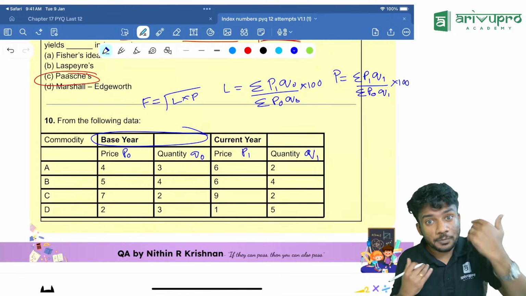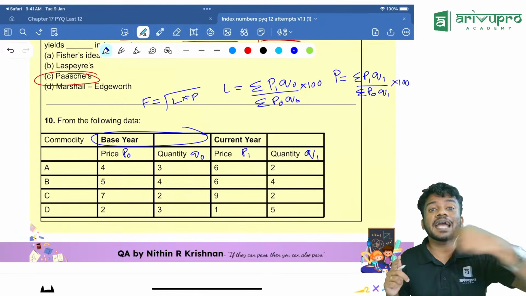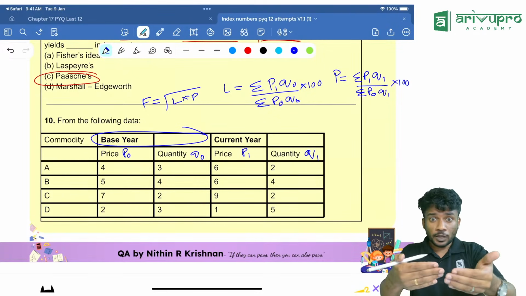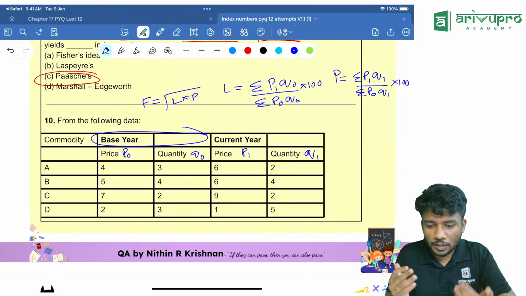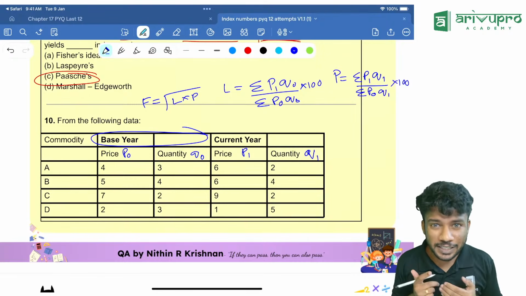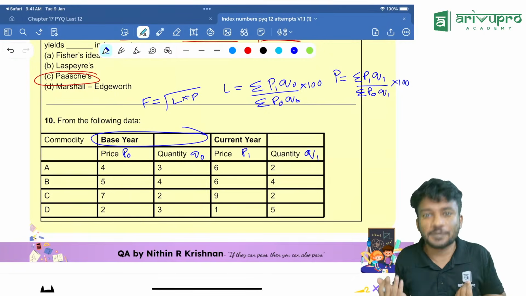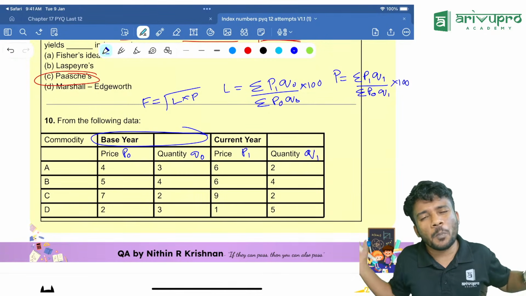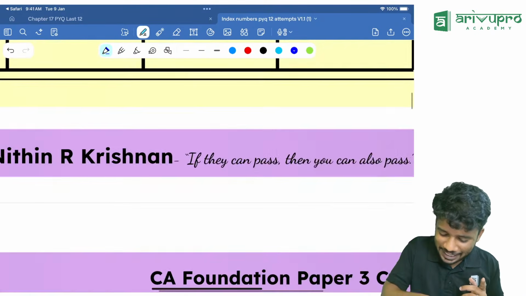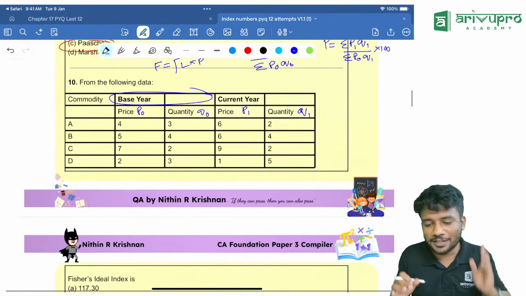And one thing I am sure about the marathon is I have covered almost all the topics. Everything is covered there. But practicing more questions depends on you. How much you practice, that much you will score. If you just look at the question and say that I know how to do it, it will not work. Start practicing more questions, then you will understand how you are coping up with the speed of the examination. That's how you will understand how much you can score in an examination. So people, watching marathon is well and good. If you practice more and more questions, you always have a higher chance of clearing. I always say that if they can pass using that, you can also pass. So push yourself. It is possible from your side.